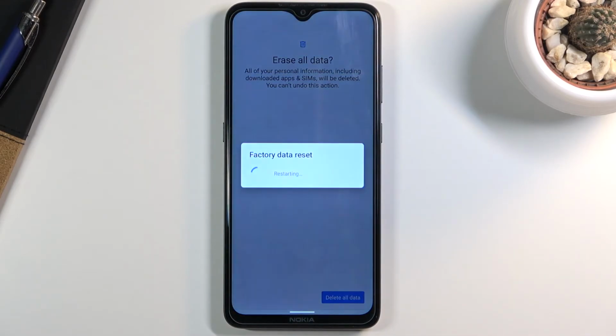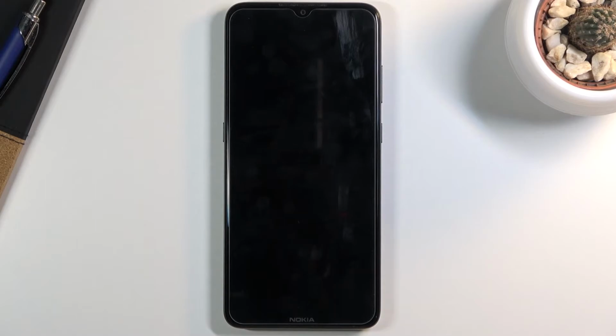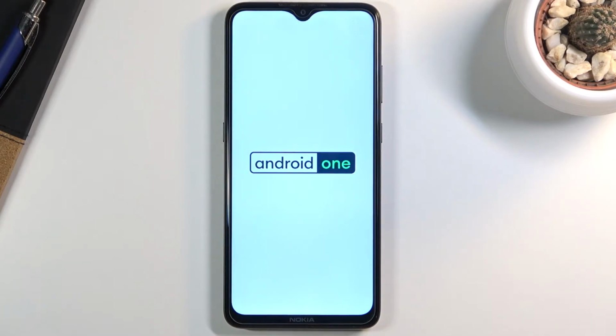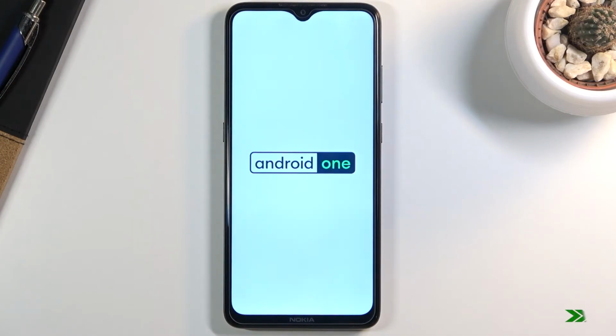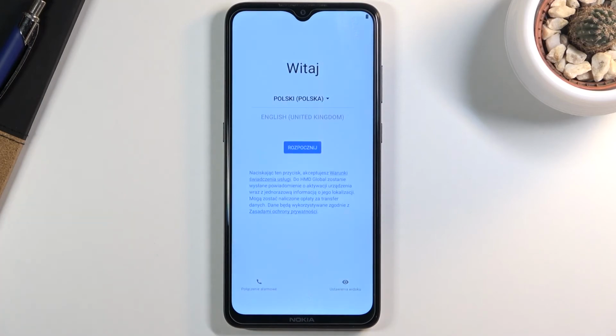Now this will probably take about like 2 to 5 minutes, I assume, and once it's finished we should then be greeted with the Android setup screen. So I'll be back once that is finished and visible on the screen. And as you can see, now the process is finished and you can set up your device as however you